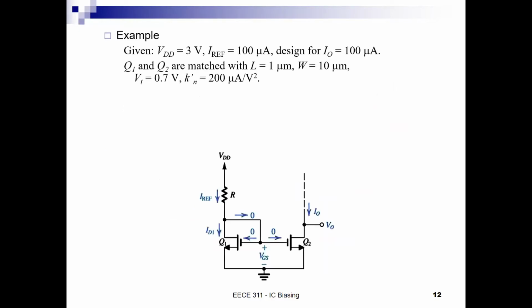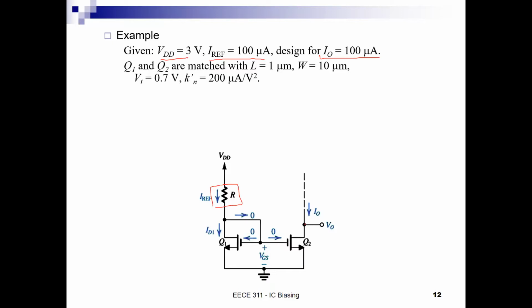So we have an example, and in this example, they are telling us that we have a given VDD and a given IREF. We want to design for IO equal to 100 microamps. Now, we don't have the resistance, so always when they tell us design for, first we need to figure out what the R value is, and then, if there is channel length modulation, we need to force some voltage